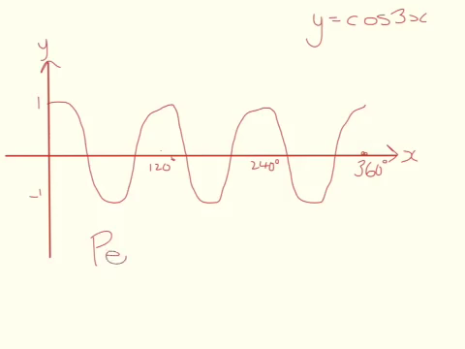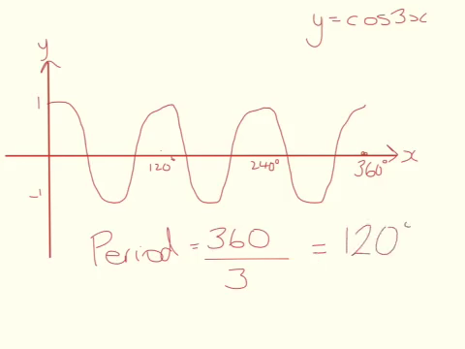To find the period, we ask how many degrees the function takes to complete one revolution. We can do 360 and divide it by the value in front of the x. So it's 360 over 3. That tells us that this cos 3x function repeats every 120 degrees, and that is what we can see here. That is one complete revolution of cos. We've got cos 3x because we've got 3